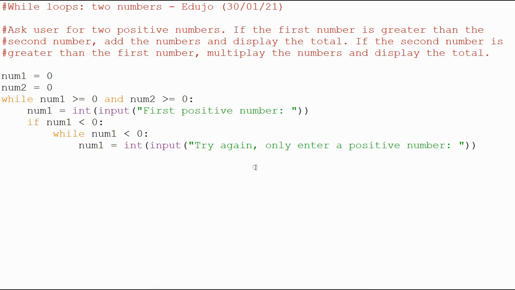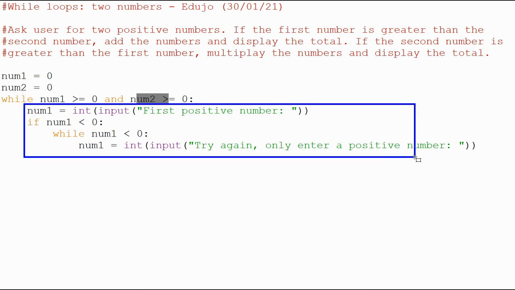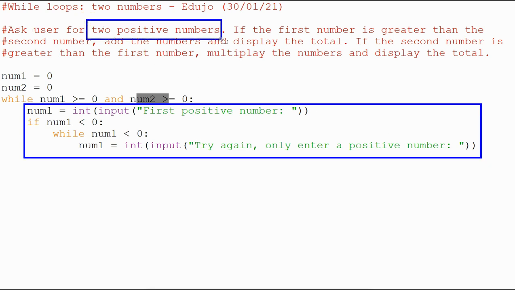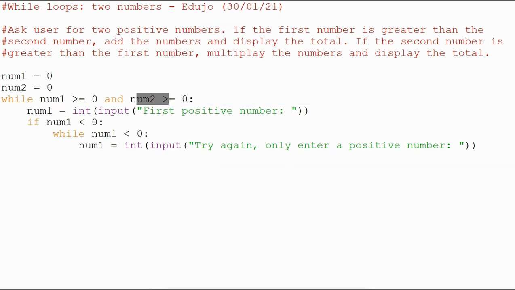I don't think it's going to work if I test this now. So I'm just going to continue with num2. Num2 is going to be identical to this. We're going to do exactly the same, because remember we're testing num1 right now, but we also need to test num2. So all of this that we have here is everything to make sure we get a positive number for our